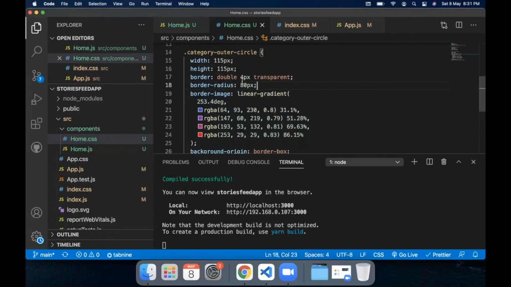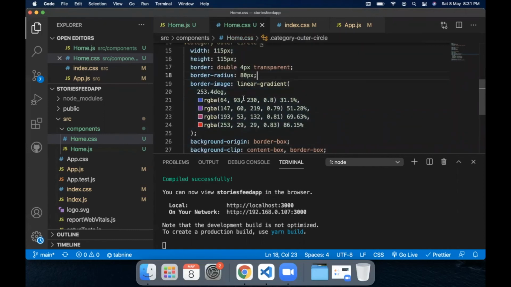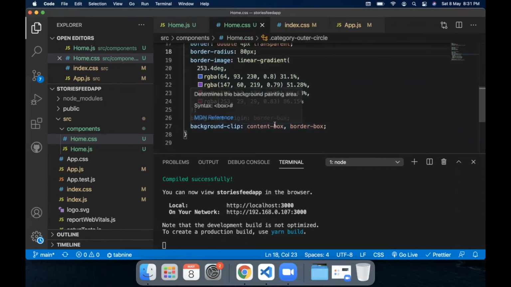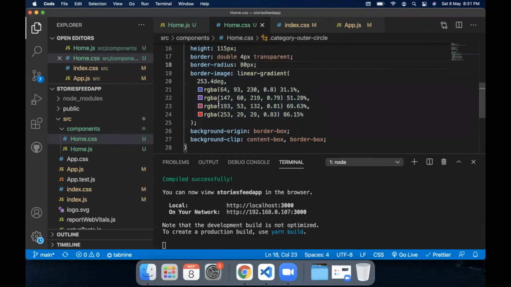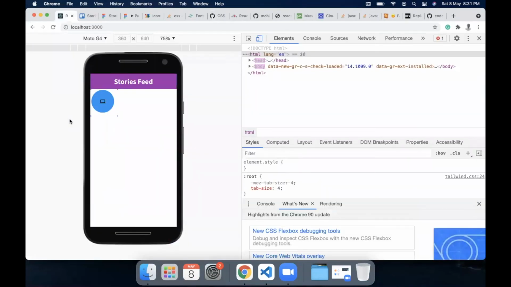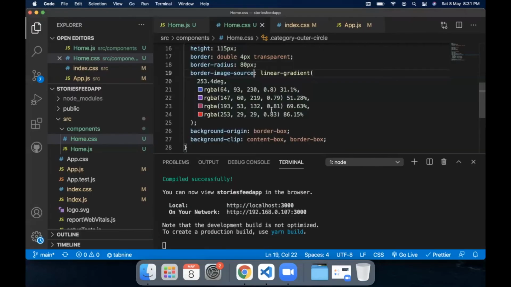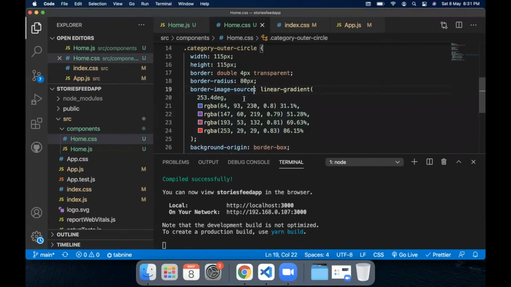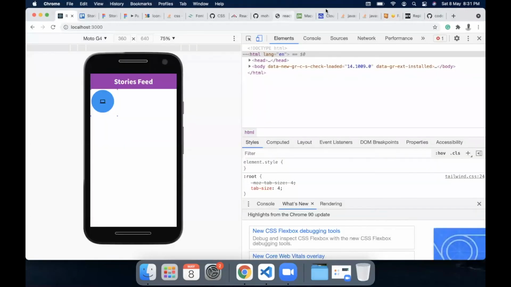Okay, other than that, I don't think anything else was required as far as I remember. Let's just check it for some time.